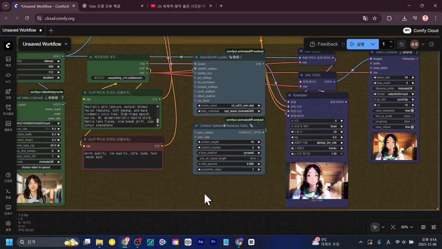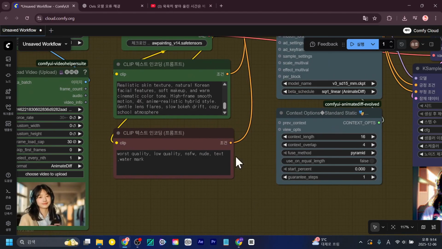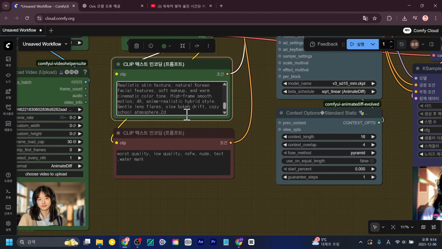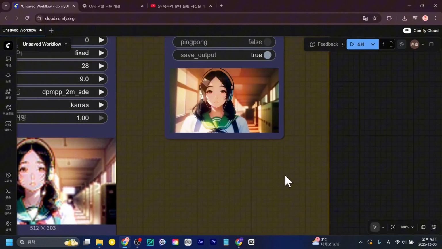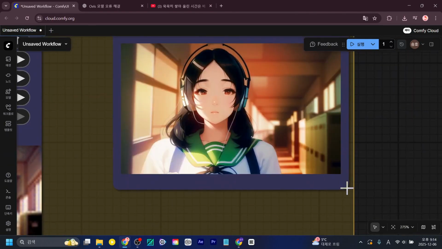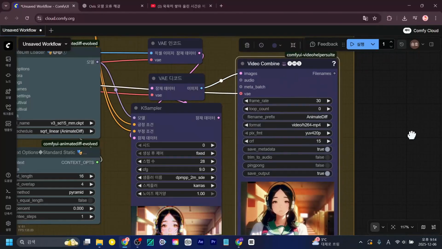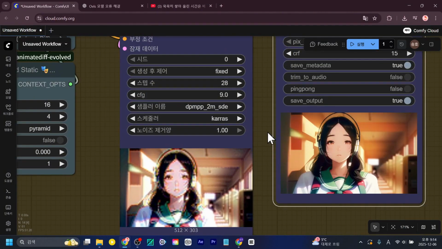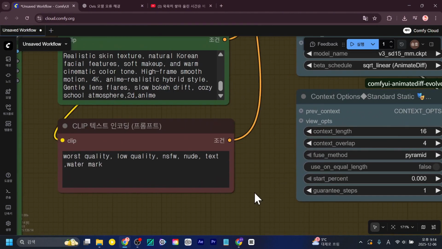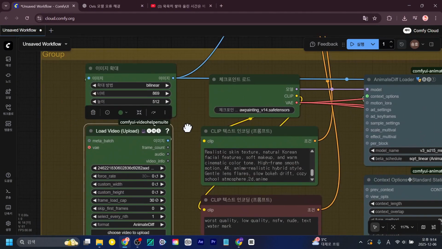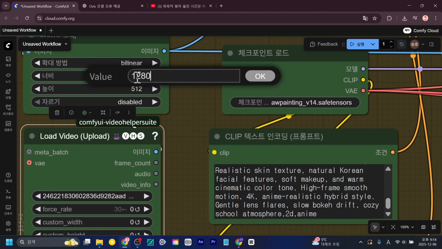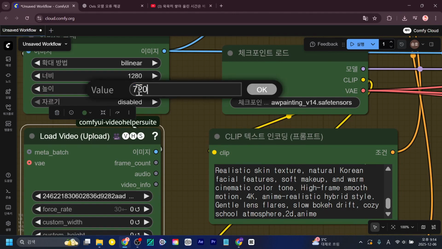And additionally, I'll just do a little bit of two-dimensional animation. Well, actually, it's not even that long ago, just about a year ago to be precise. Approximately a year ago, animation work and animation transformations were predominantly done in this very specific manner. And additionally, I'll try increasing the size. I'll set it to 1280 by 720, and I'll just leave the control net at 0.5.